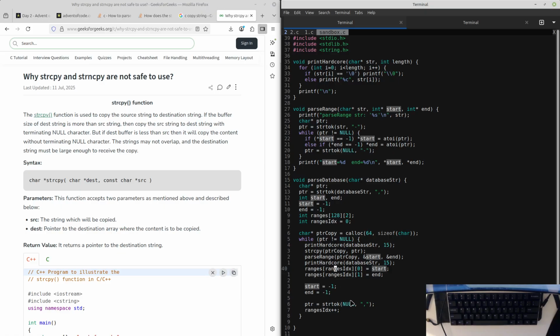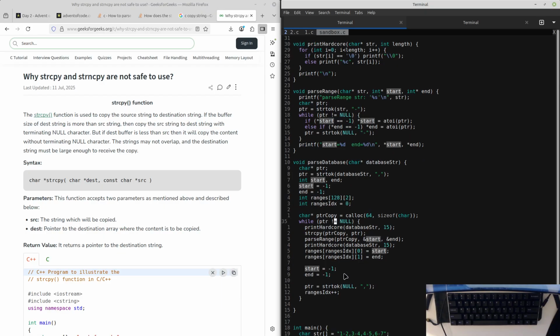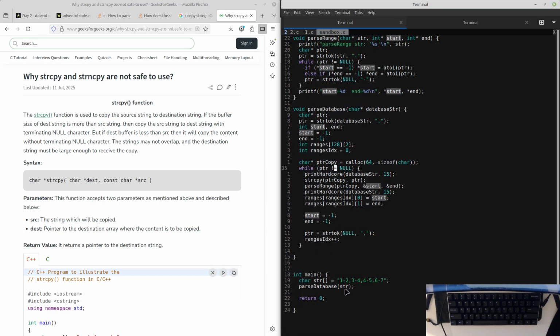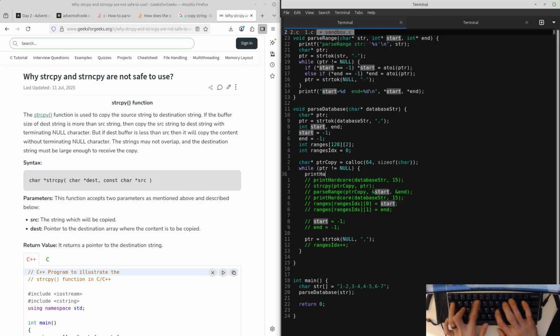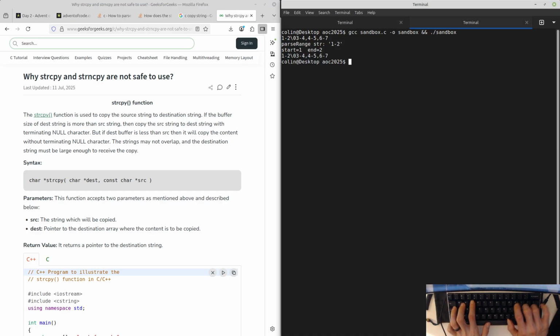Why? Why are we still only getting one? Why are we only doing this loop once? Now let's get rid of all this, go back to the basics and just print out. So now we're doing it 4 times,